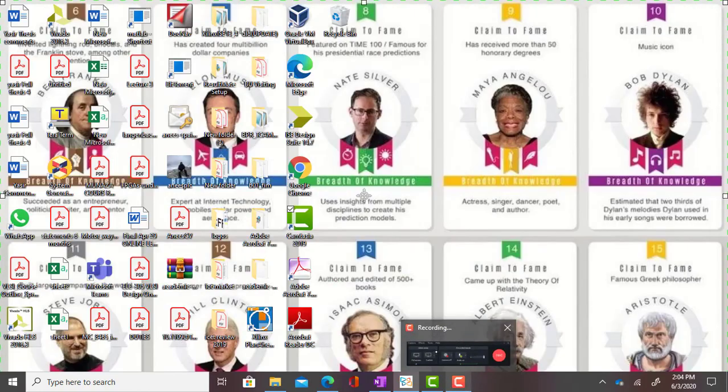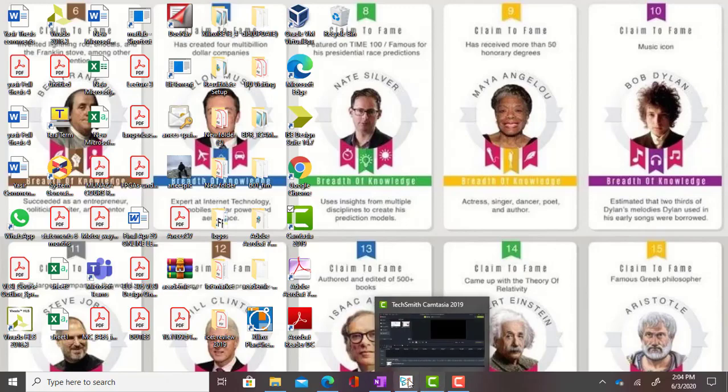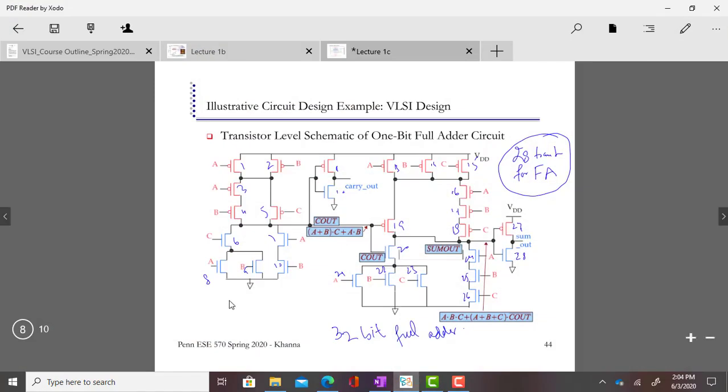Okay, so that is very complex. The 32-bit full adder is very complex, and it is impossible for a human to generate the transistor-level circuit of a 32-bit full adder. But the magic is that you just tell your synthesizer,